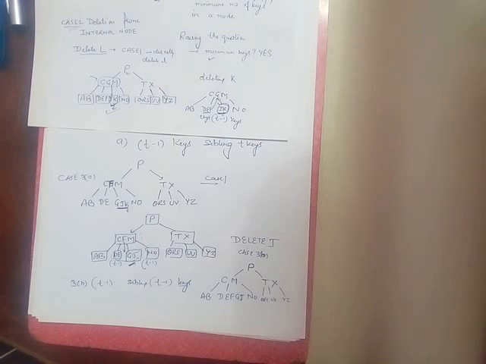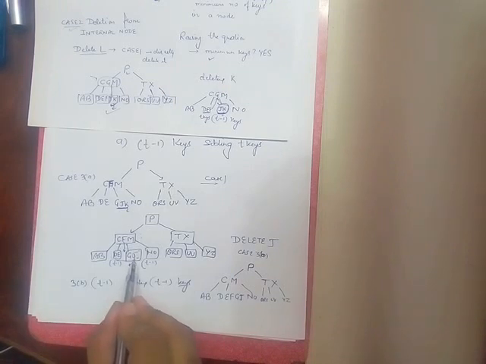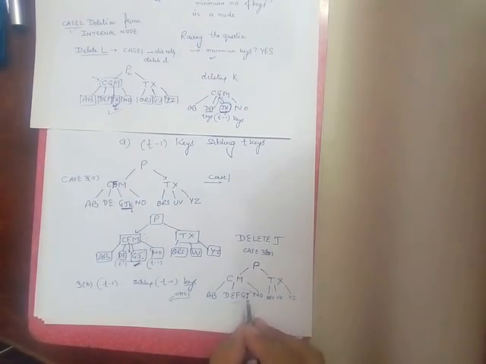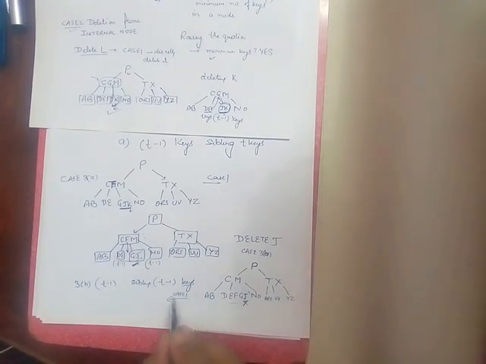Now we see that the problem of deleting J, which had the minimum number of keys, is solved here, and now by directly applying case 1 we can delete J. Then the figure will have P, CM, TX, AB, and J will be deleted from here after applying case 1, and the remaining figure will be the same.